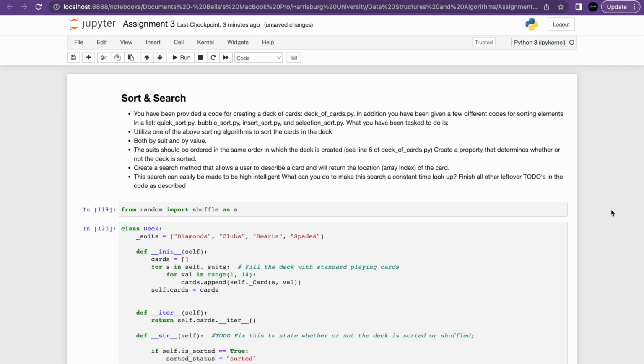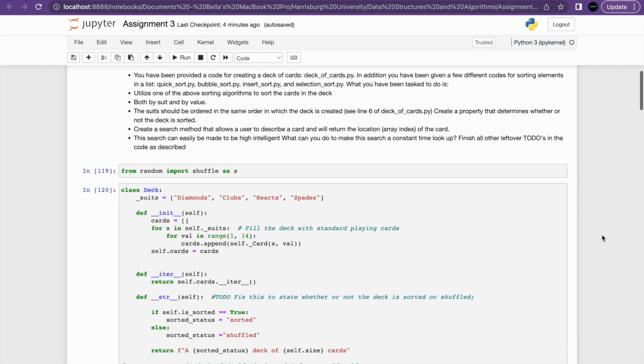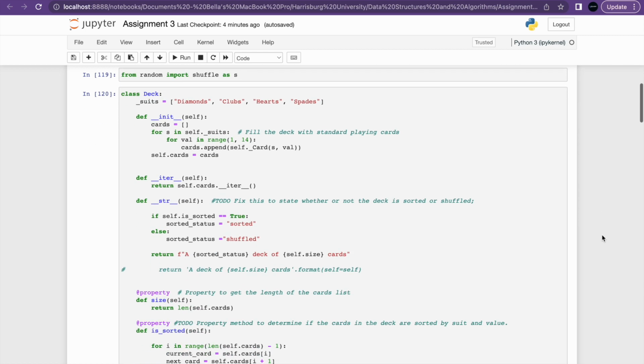In this video, I will be explaining my code for assignment 3. The first part of the assignment is sort and search. I have used the insertion sort.py provided by the professor to sort by both suit and by value. For the first to-do method, which was the str string method, I have used the isSorted method that I